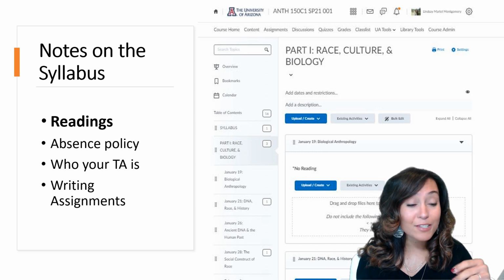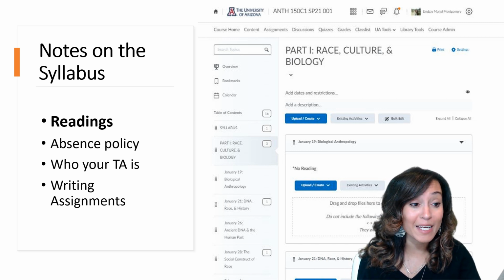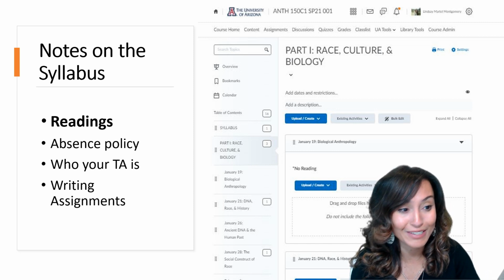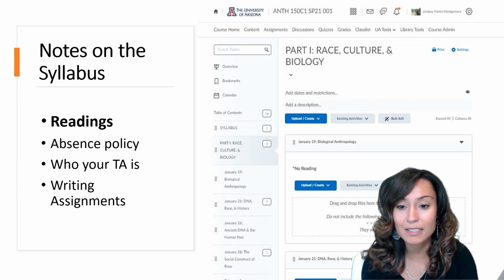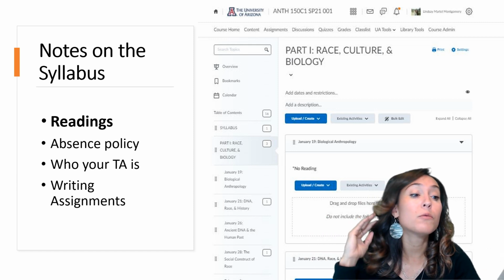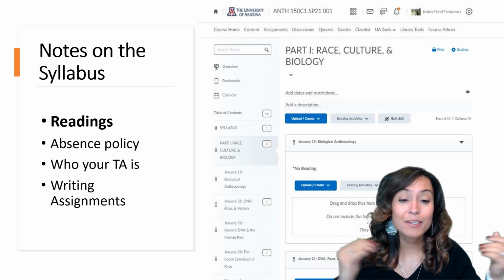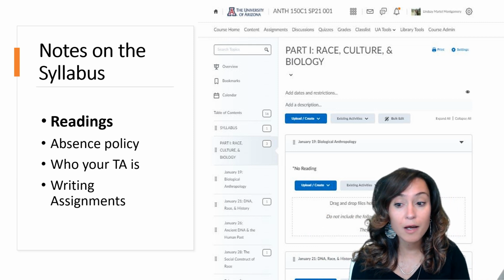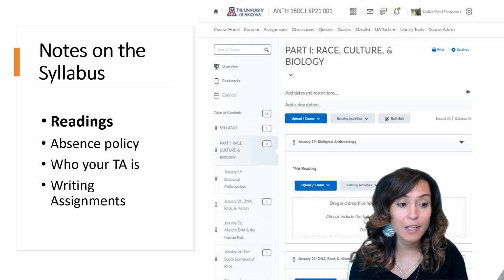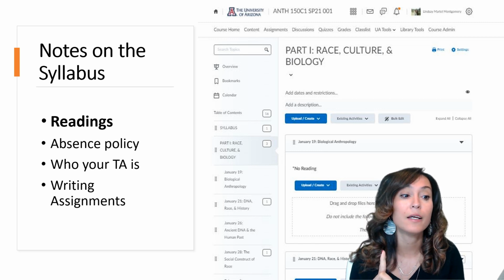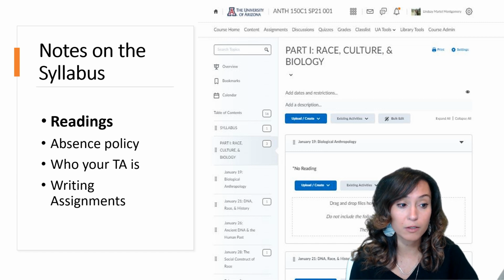As you'll see, there's only one reading a week. This is so light. This is like the lowest amount of reading that you could possibly do in a class. The reason why I do that is because I really want you to do the readings. The readings form the basis of the commentaries that you'll get graded on and for our in class discussion. So please make sure to do the one reading that you have to do for each week, okay?